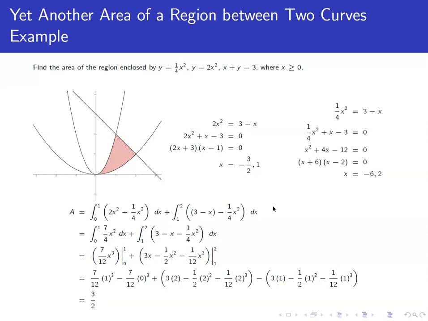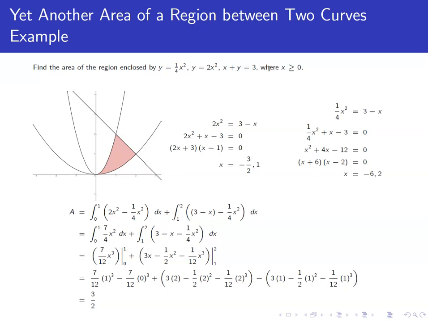Okay, well, one of the things that we try to look at when we're finding areas or doing integrals in general is whether it's easier to integrate with respect to one variable versus another, depending on a couple of things. One is, how are the functions presented to you? Do we have y as a function of x, or do we have x as a function of y? In this case, the way the problem is written, we have y as a function of x for two of these, and then for the third one, we can easily find y as a function of x by just subtracting the x over to the right-hand side. So the way the functions are presented to us in this case, we might think that it's easier to integrate